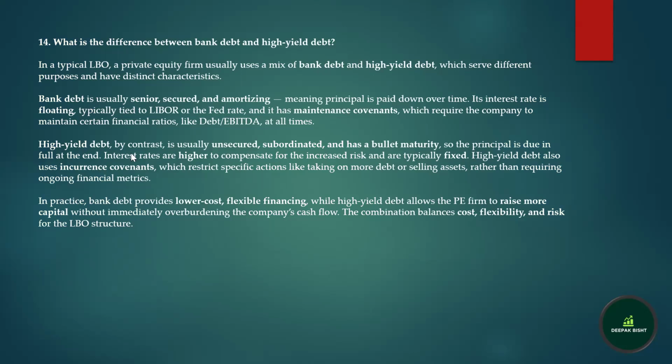So that is the main differentiator when we talk about secured or unsecured. That explains everything about high yield debt, bank debt, and also the investor base. From an investor's perspective, bank debt is primarily held by traditional banks and financial institutions, and these lenders are generally looking for stable returns and prefer relative safety for secured debt with floating rates.